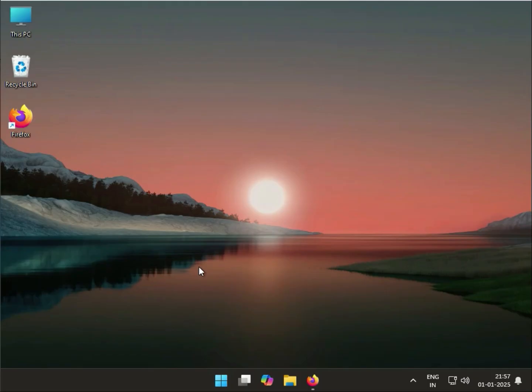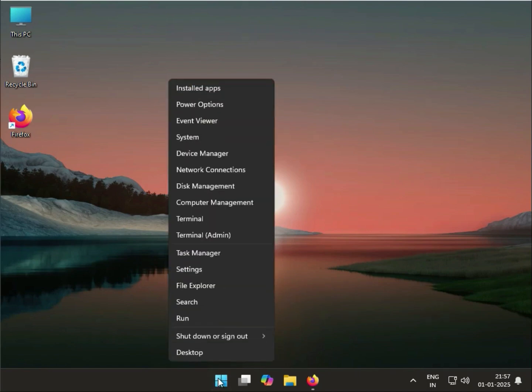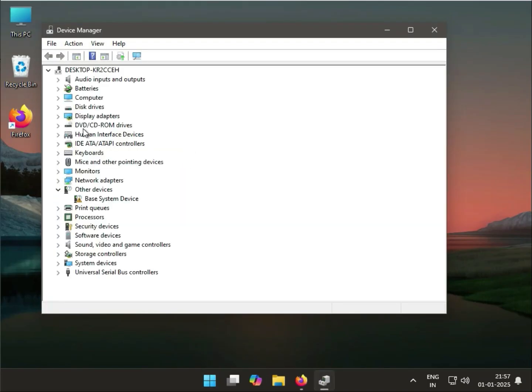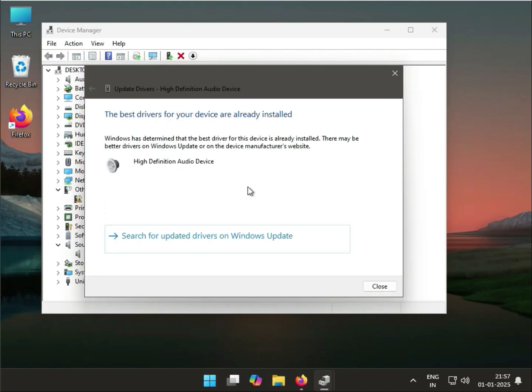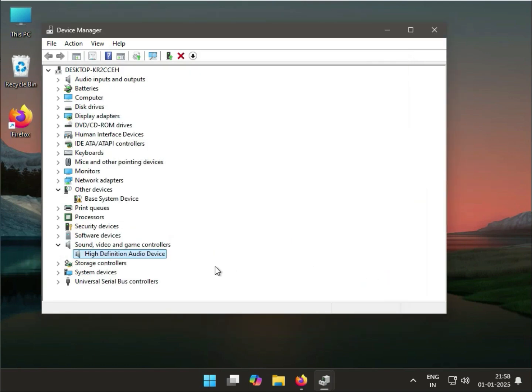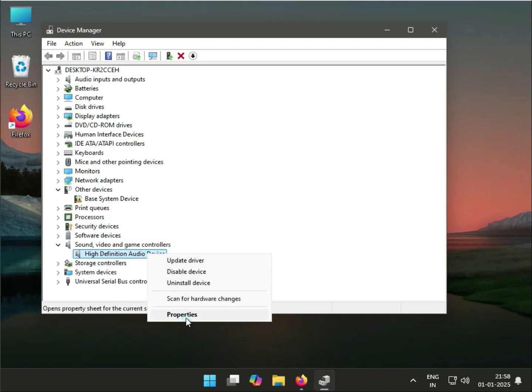So guys, related to Realtek audio issues, check the installed driver version. Right click the Windows icon, meaning the Start icon, go to Device Manager, expand sound, video and game controllers, and then right click, update, search automatically, and then close it. If it is not updated, or if any of you see some error,